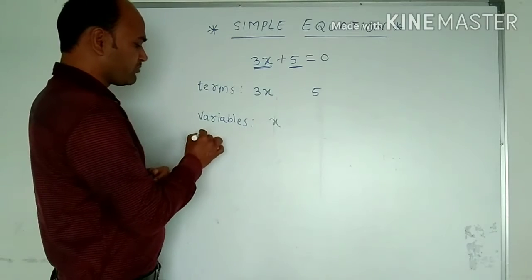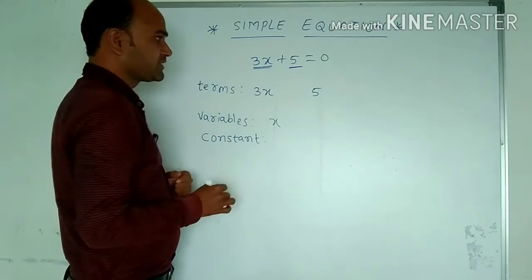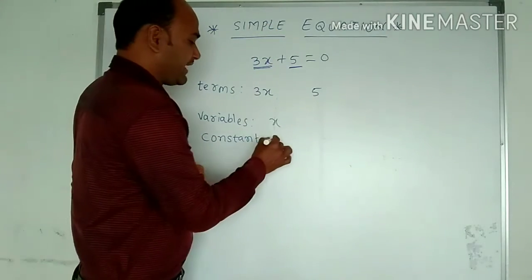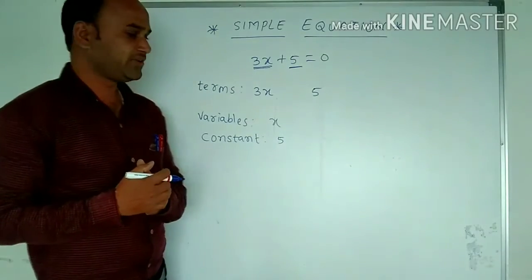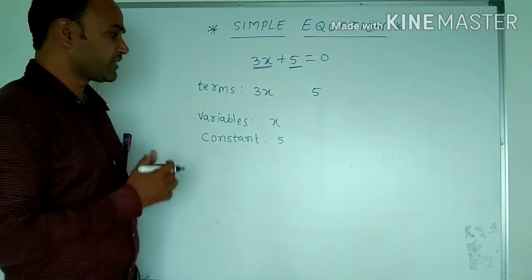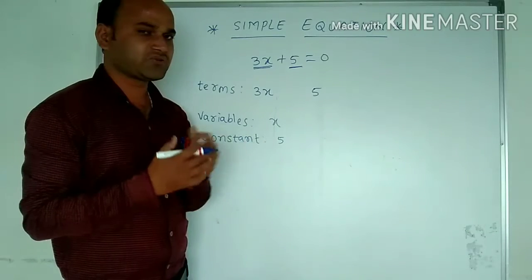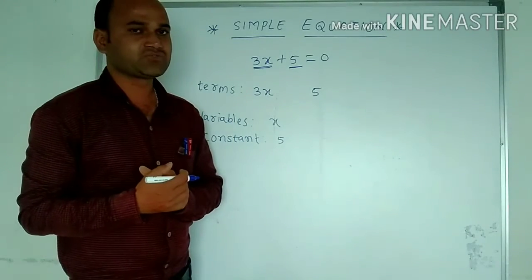The next point we'll see is the constant. What is the constant here? The term here, which is 5, refers to the constant term. The value of the constant term remains the same. There is no change in the value of the constant. जो कोई भी कांस्टेंट्स रहेगा उसकी वैल्यू सेम रहेगी, हर जगह पर सेम रहेगी, कोई चेंजेस नहीं होगा. लेकिन वेरिएबल्स की वैल्यू जो है यहाँ पर हमेशा चेंज होती रहती है.